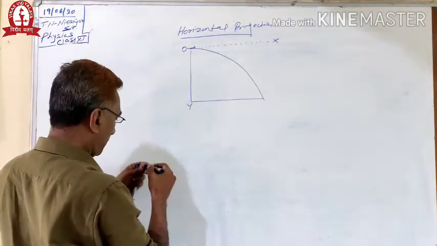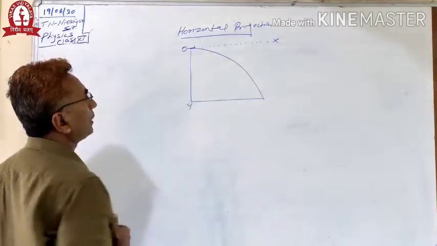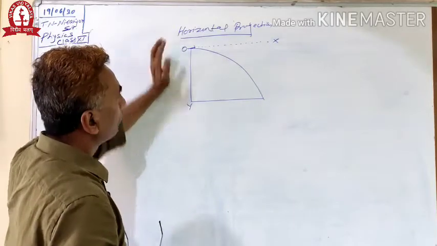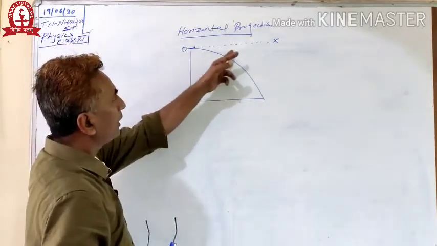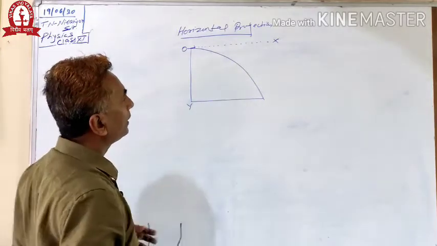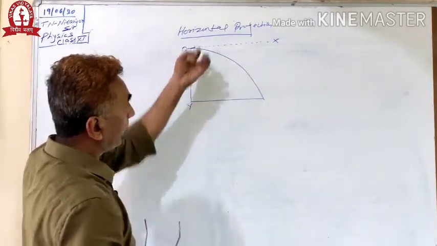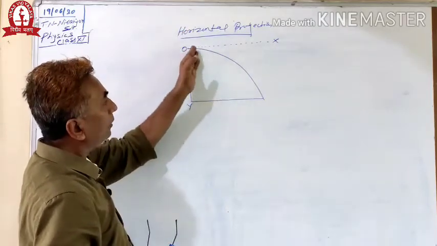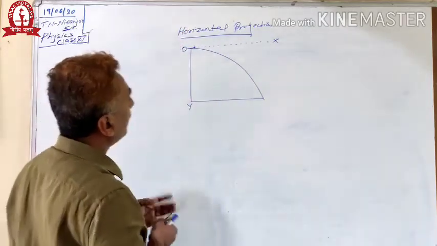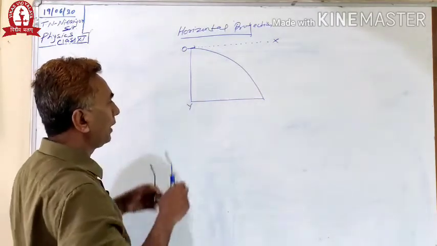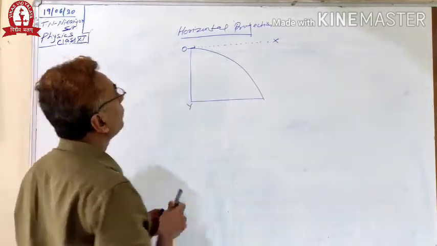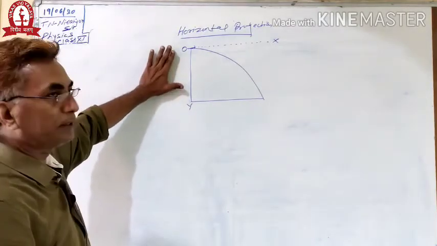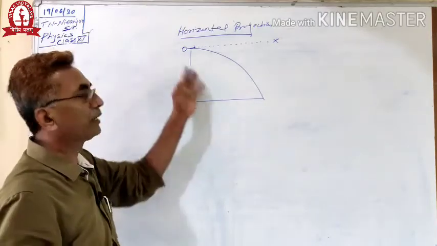Whenever a body undergoes horizontal motion after projection, the body will have two velocities simultaneously. One, due to horizontal motion, it will go in the horizontal direction, and the other, due to the vertical acceleration due to gravity, it will just come down. So the path of the projectile body will be like this, right? That we have to now calculate. We have to find the equation of the trajectory of a projectile motion.